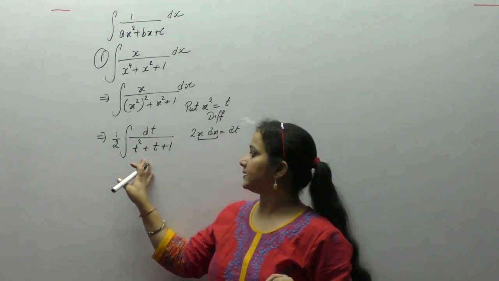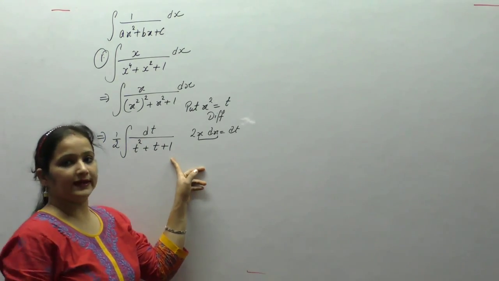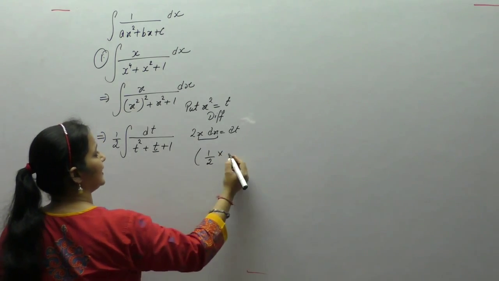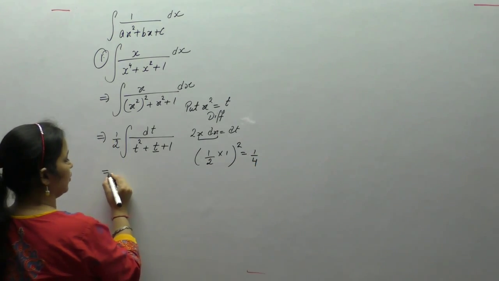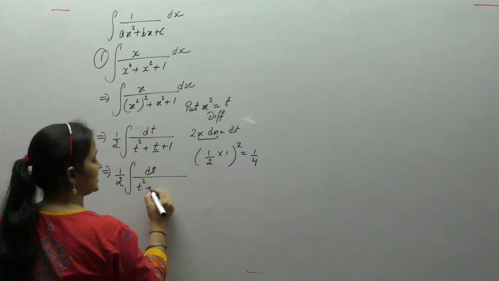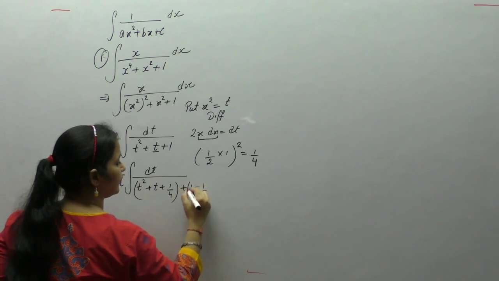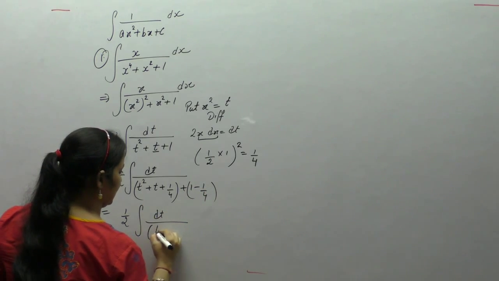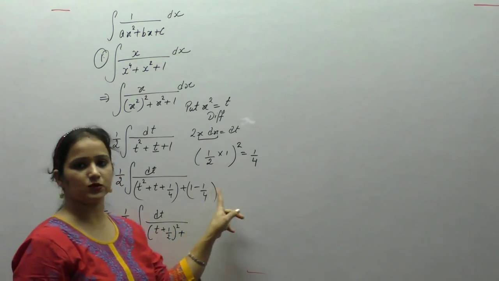Now we have a quadratic in the denominator. What will we do? By the method of completing the square, we will complete the square of this. Half the coefficient of t is 1 by 2, so we add and subtract 1 by 4 in the denominator: dt upon t square plus t plus 1 by 4 plus 1 minus 1 by 4. That is half dt upon (t plus 1 by 2) whole square, plus LCM 4 minus 1 is 3,